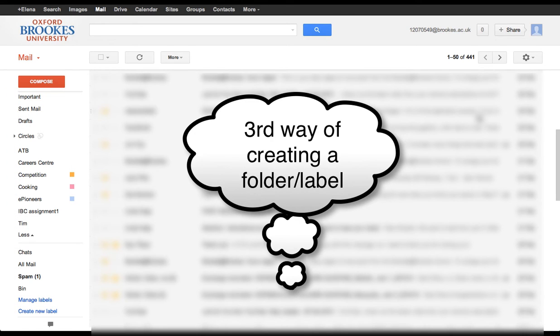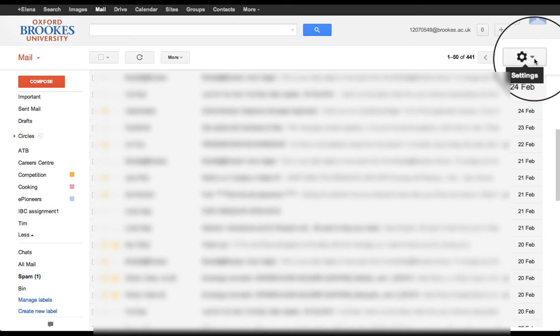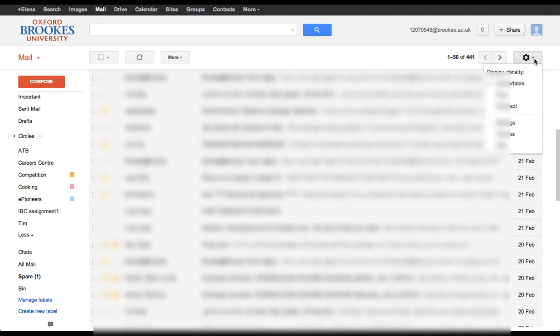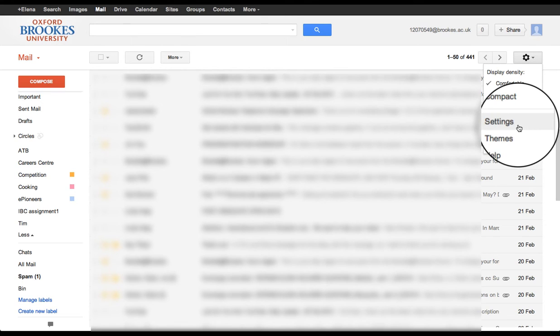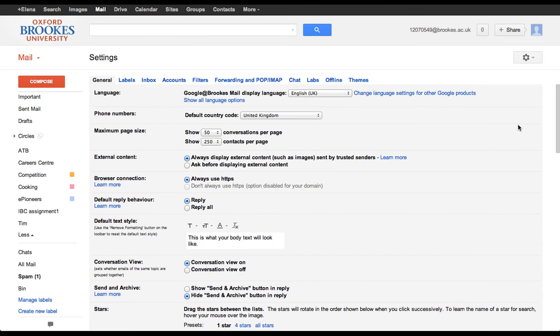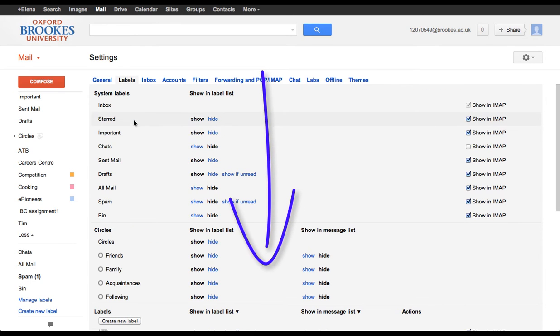Finally, the last way of creating a folder and a label is by clicking on this wheel on the right hand side where it says settings. Just click on it and then that will display a menu. Then go to settings and this screen will appear. Here on the top you can see that there is a small menu starting with general and ending up with themes. Well, the second word in the menu is labels, so click on it